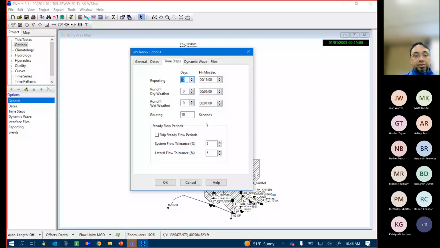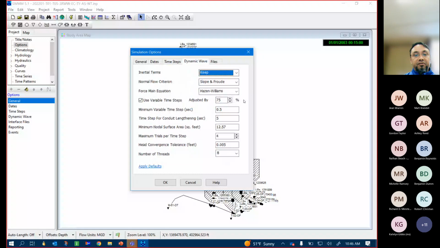The Alcosan models do allow for a modified or a changing routing time step depending upon the needs of the model. And those specifications are provided on this particular window. So if you look at this particular parameter, it is saying that the minimum time step that we would allow during the simulation is half a second. And then to change the dynamic routing time step, we would allow the model to be making use of conduit lengthening